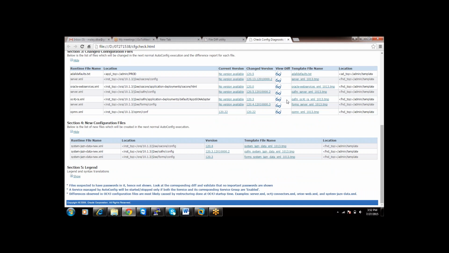To view the differences, there are links where you can see them. These are the template files which got added or changed. For one configuration there will be one associated template file, right? So when it is generating three new configuration files, there should be associated template files also. For these configurations, these will be the template files. So if you see this file,